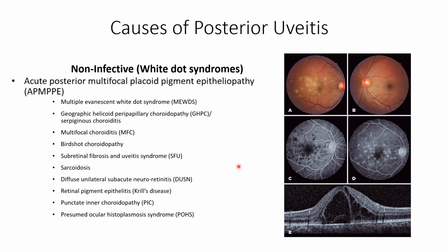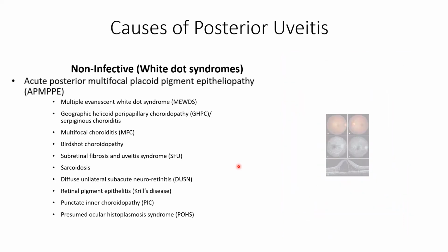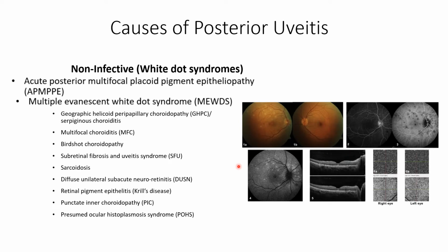Second disease in this list is multiple evanescent white dot syndrome, also known as MEWDS. Now this occurs in young individuals, especially in myopes. It is more common in females and it is unilateral, and the duration is from weeks to months. Recurrence is rare and there are small, round, slightly indistinct white-yellow spots distributed along the posterior pole,